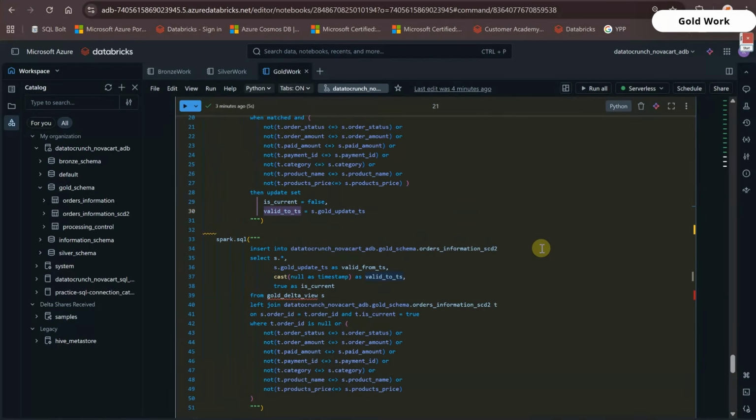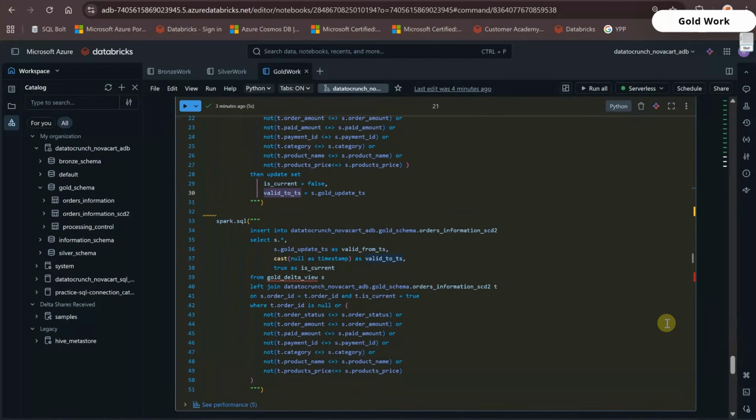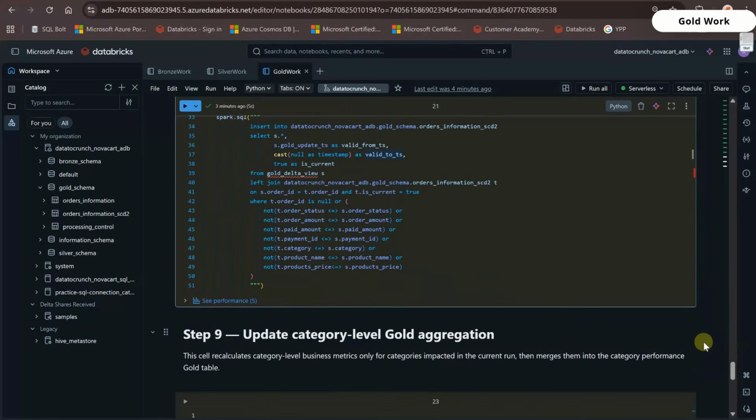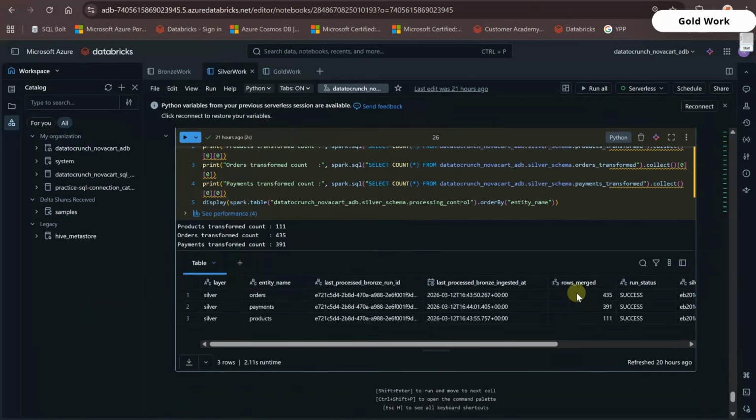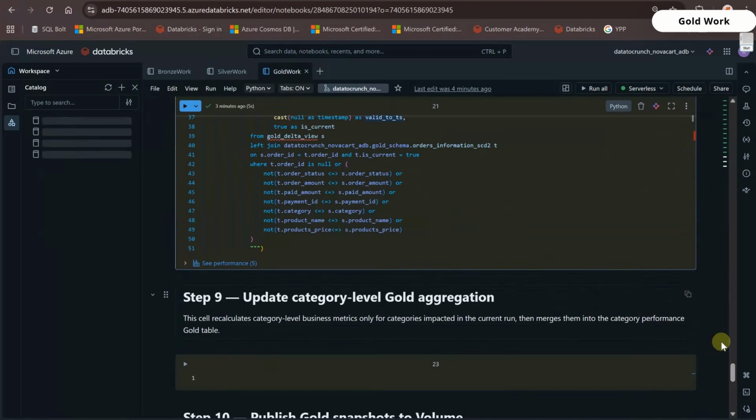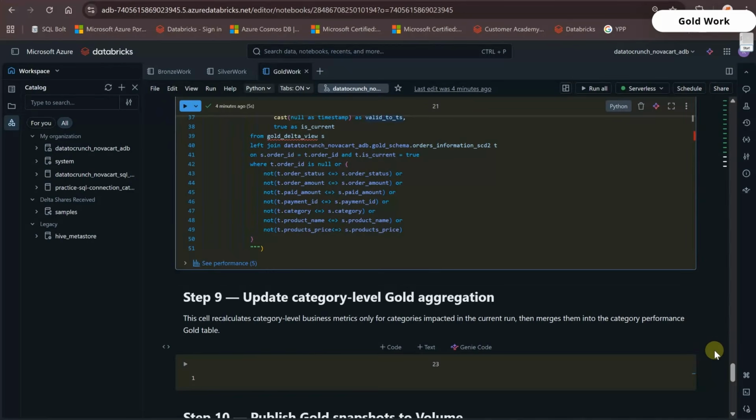Now we will change any one of the entries for any one of the order IDs. We'll check how it functions. But before this, I'll complete the next steps, because whatever the full run we are working on, for these entries 435, 391, I need to work on that completely till the end, and then we are going to